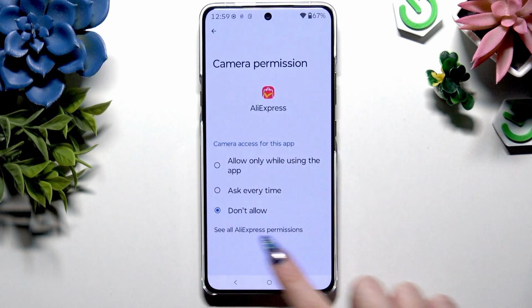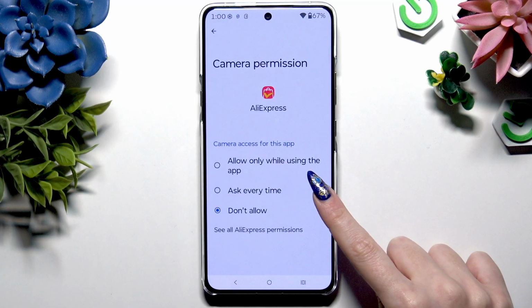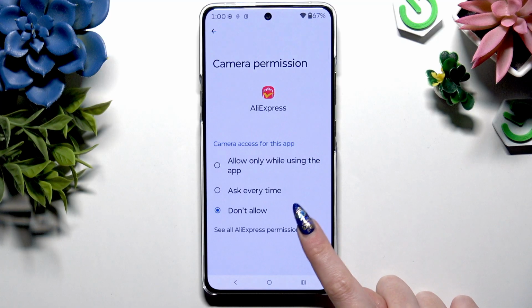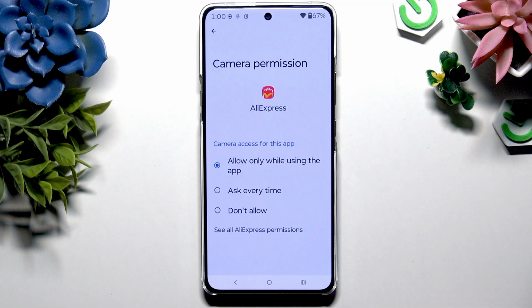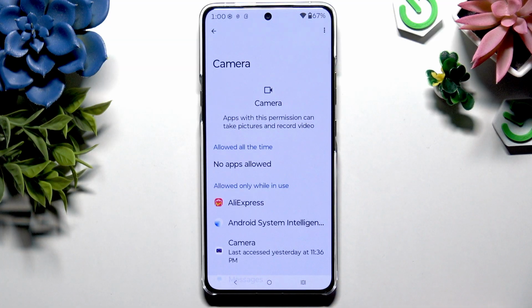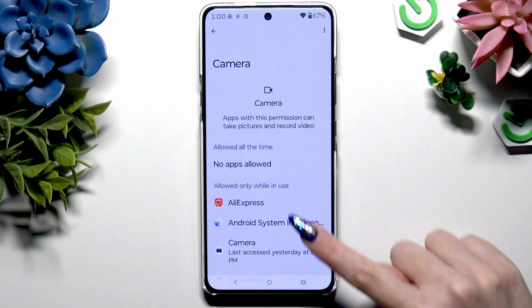Apply one of those options by tapping on the best one. Camera access for this app: allow only while using the app, ask every time, or don't allow. And after you click, your changes will be automatically applied. So when I go back, as you can see, AliExpress just gained access to my camera when I'm using this